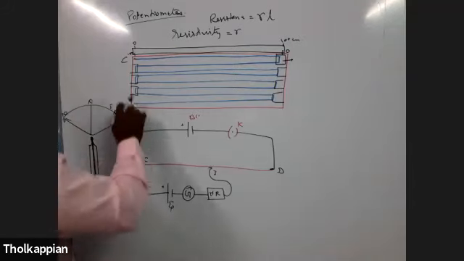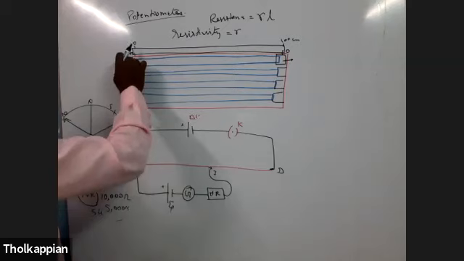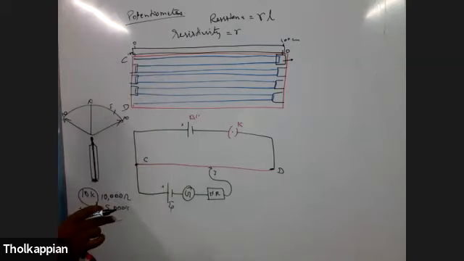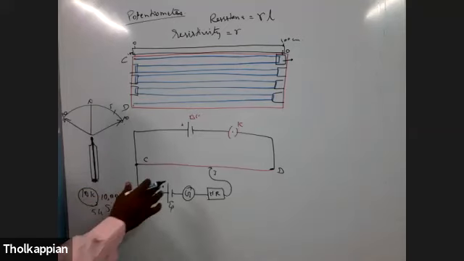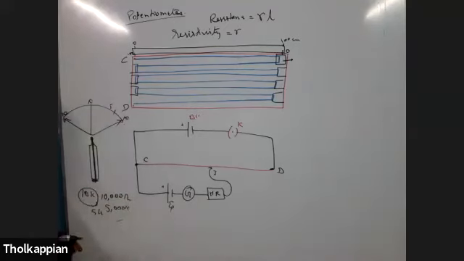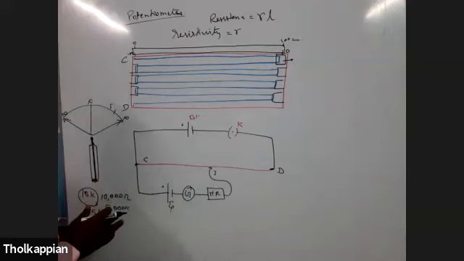If in both places you are keeping the jockey and it shows one side deflection, there must be some fault in the connections. So you have to check the connection. If both side deflection is going, so the